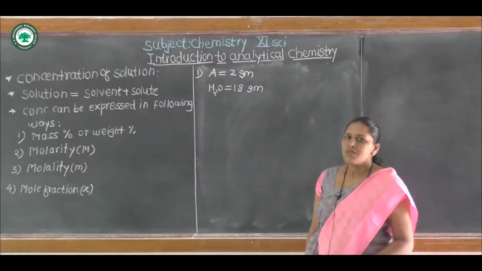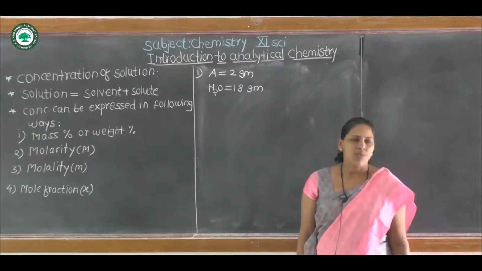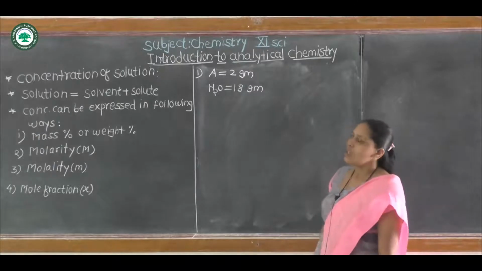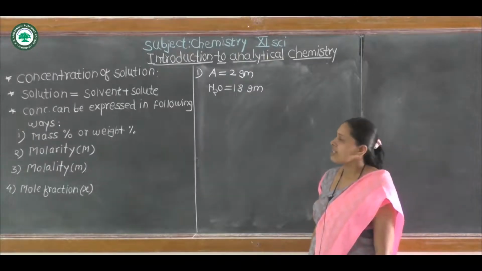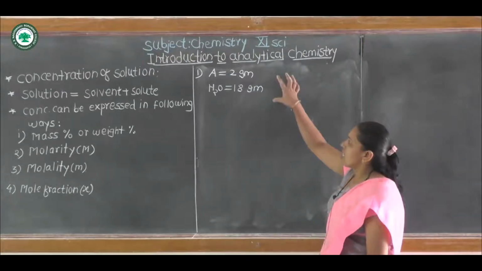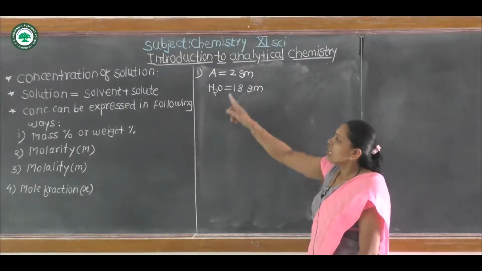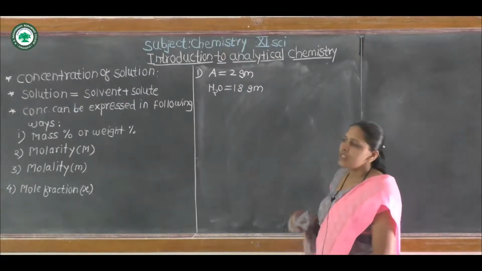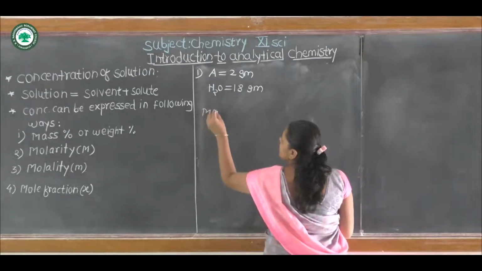Here, we know that solution is formed by two components. One is solute and another is solvent. Solute is present in less amount and solvent is present in large amount. Therefore, in this case, substance A is solute and water is solvent. Therefore, mass percentage is equal to,